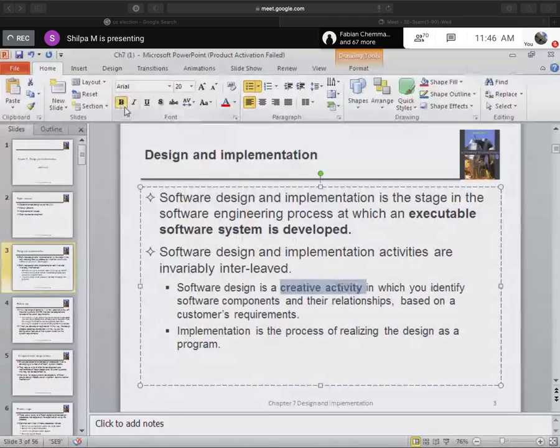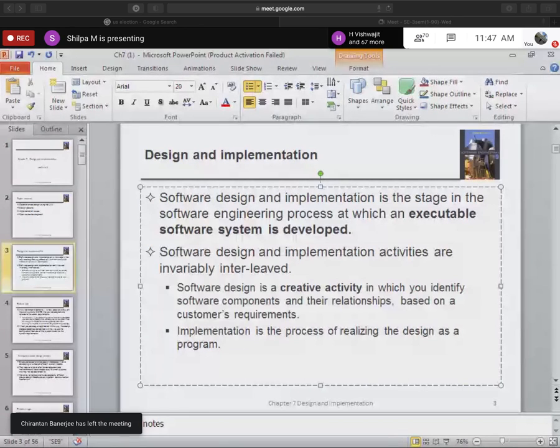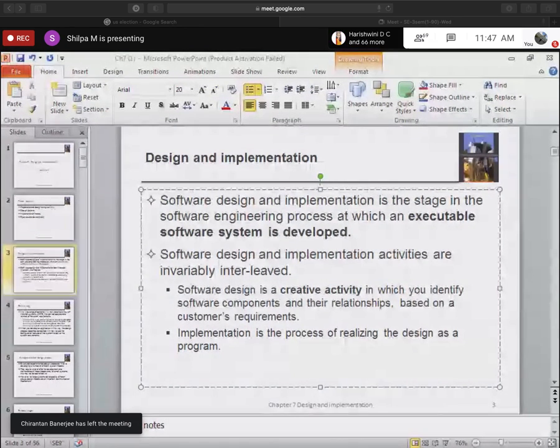Why is it a creative activity? See, when you come up with a drawing, the drawing may be very good or very bad. If it is a very good drawing, it will convey to whoever is seeing it what you wanted to represent artistically. But if it is a poor drawing, it may convey it in a different way. I think your friend in software requirements engineering put a figure, right? So that correctly tells what we want.